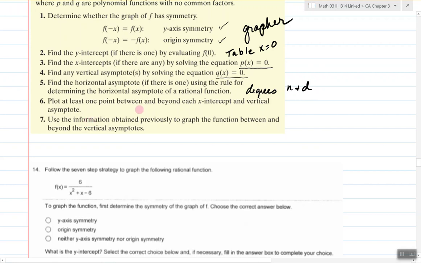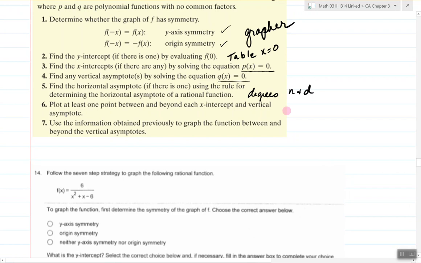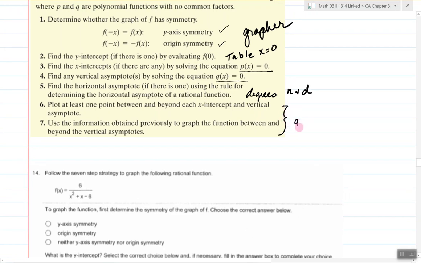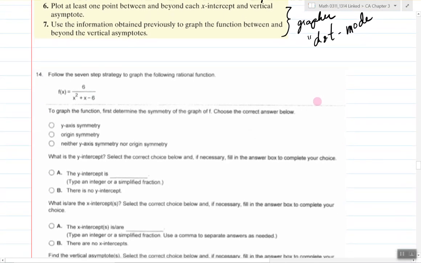Now here it says to plot one point, but honestly we're probably going to at this point use the grapher. Depending on your calculator, you may have to go into what's called dot mode. All right, let's see what we can do with